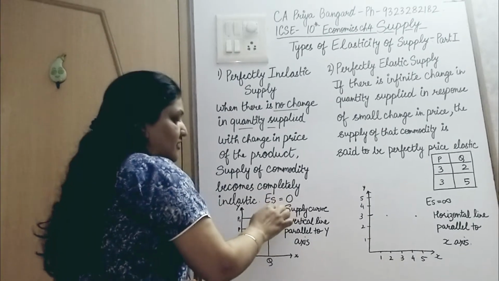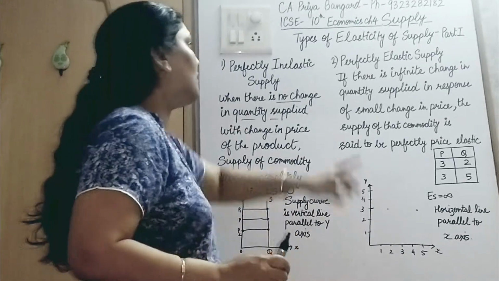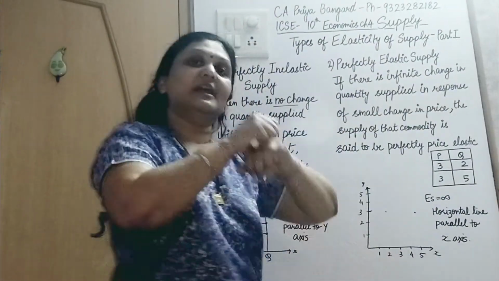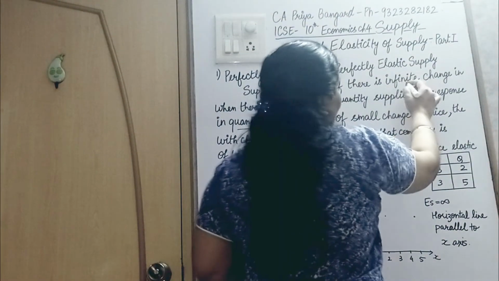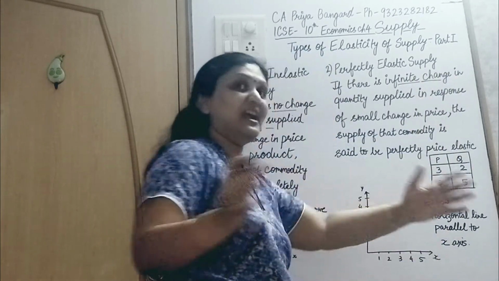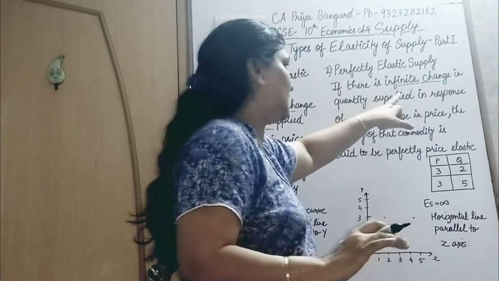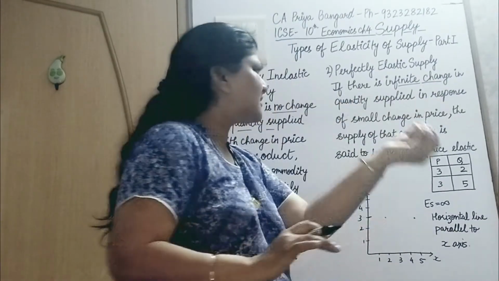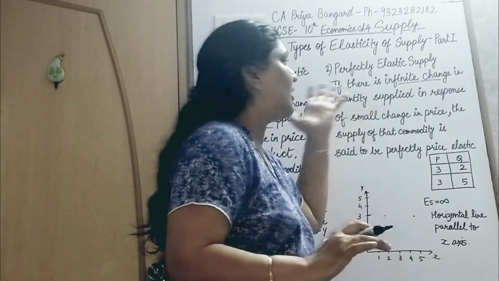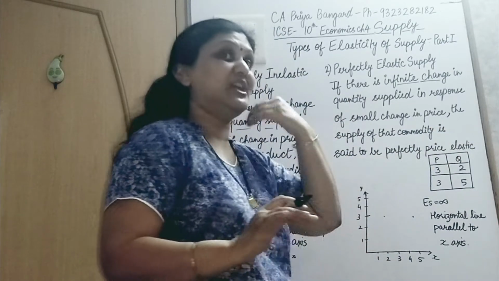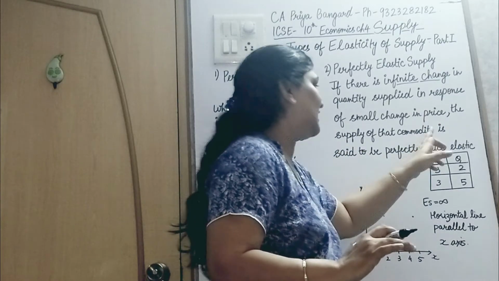and elasticity of supply or price elasticity of supply here is 0. Now perfectly elastic supply, it will change indefinitely. So if there is infinite change, you can't even measure the change. If there is infinite change in quantity supplied in response to a small change in price, the price has changed at a very small pace, but the quantity supplied changes infinitely,